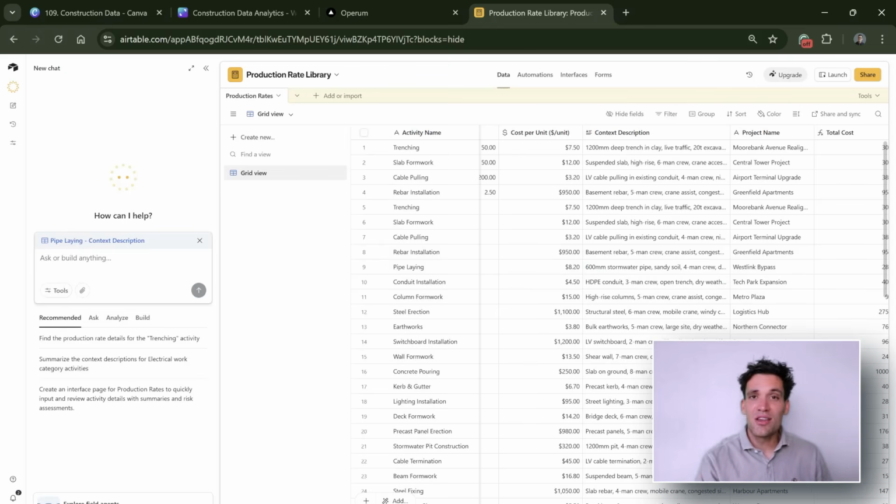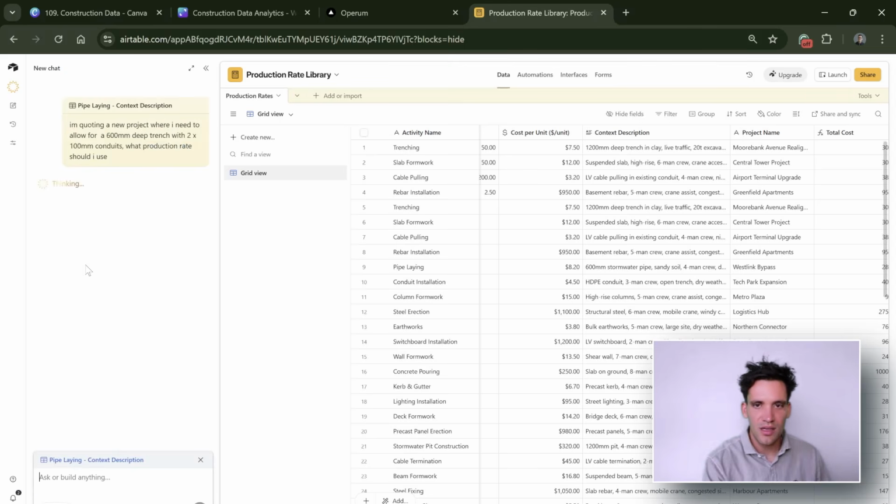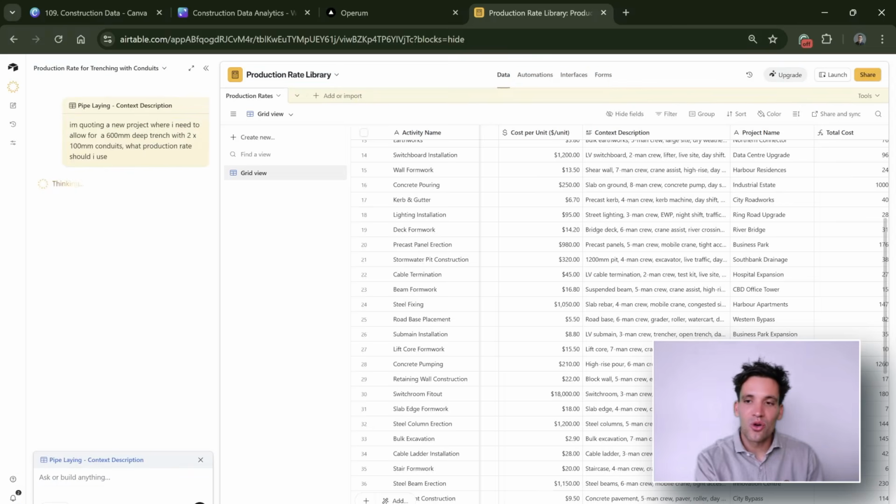Then, say you're pricing a new job, you can actually use AI to query your data and then it answers based on your context. So for example, you ask it, I'm quoting a new project where I need to allow for a 600 mil deep trench with 2 by 100 mil conduits. What production rate should I use? So instead of using all the data on the internet, it's answering based on your specific data and the input